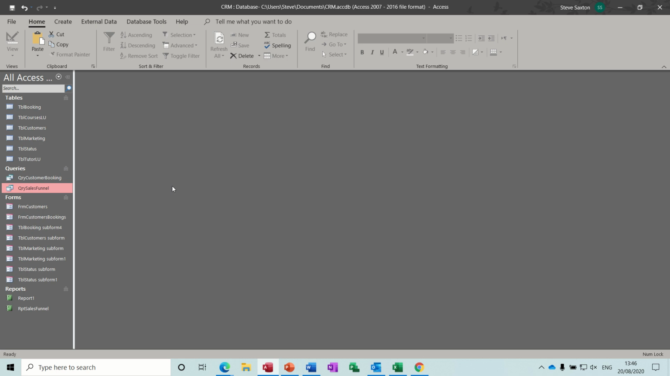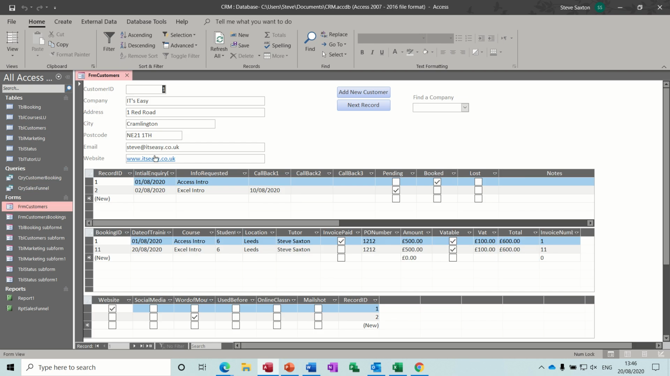In this session we're going to look at creating a sales funnel based on courses booked, pending or lost from our table. If I just remind you what that is: we've got a form here with customers, inquiry, pending, booked or lost, and then the bookings and some marketing information. Now I just want to look at pending, booked and lost, and then create a graph to represent that